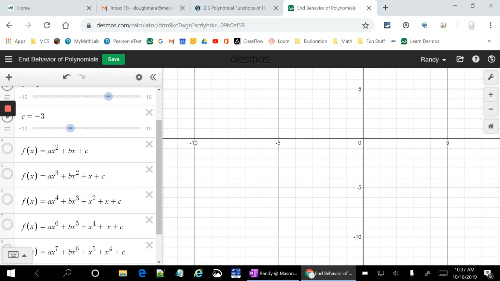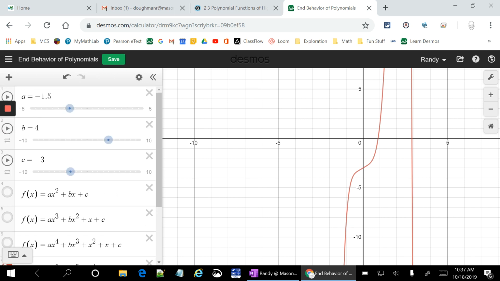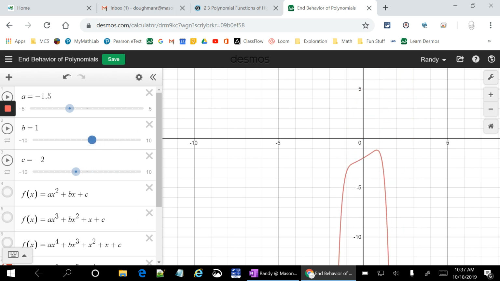And I'm just going to keep moving on. I look at a sixth power. All right, changing c just changes the y-intercept. B changes the general shape, but it doesn't change the end behavior. And now the end behavior, when a is positive, looks like it has the same kind of end behavior as a quadratic. When a is negative, the same thing. More like a